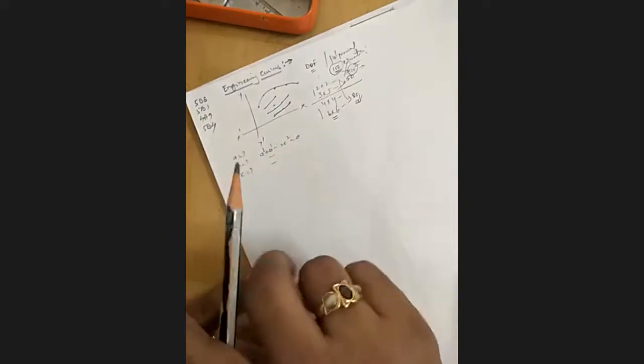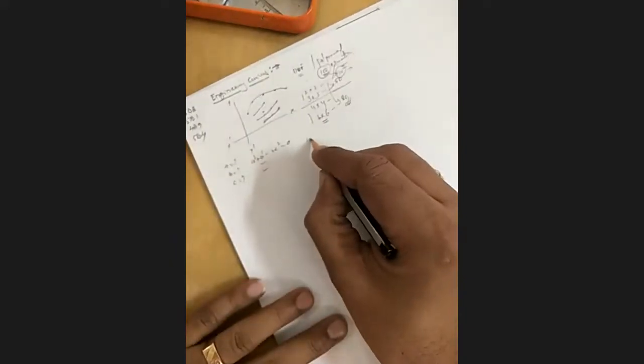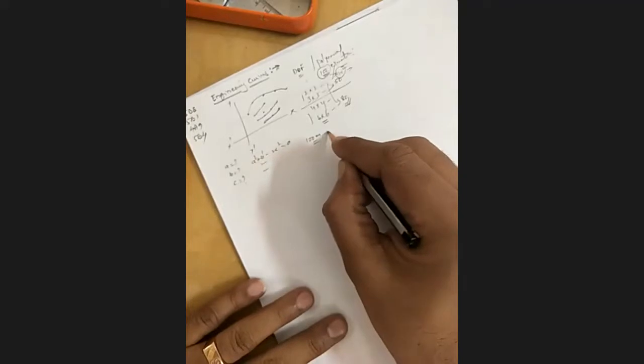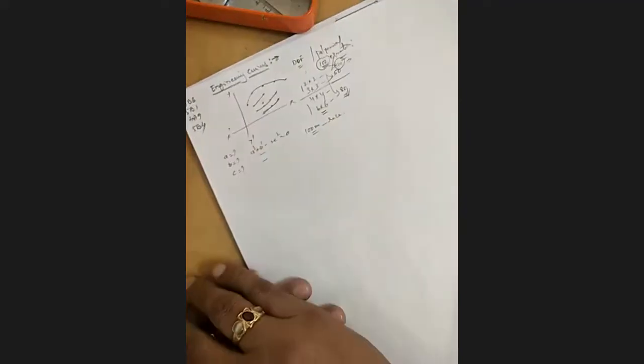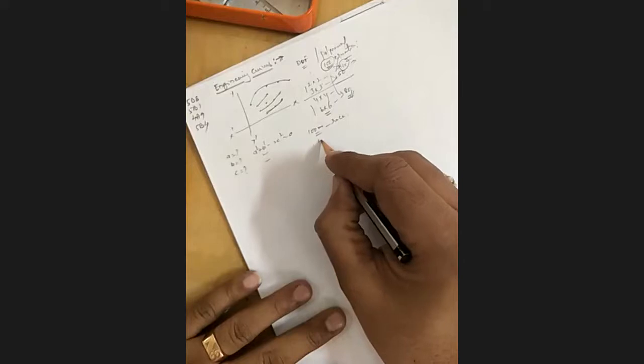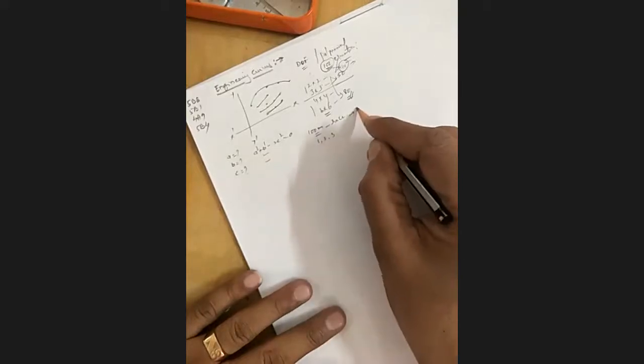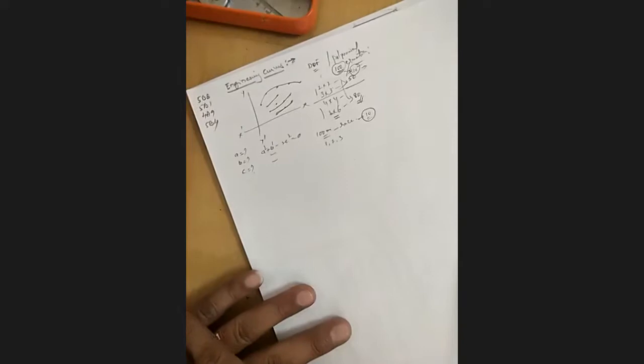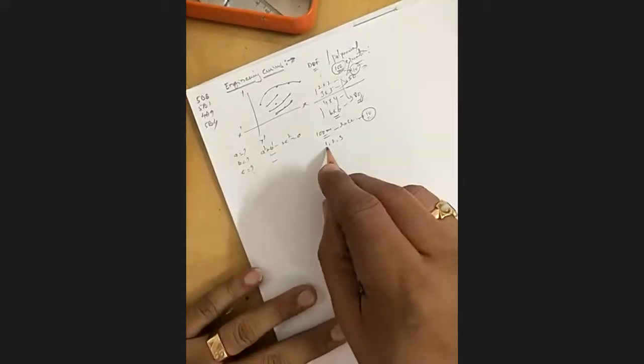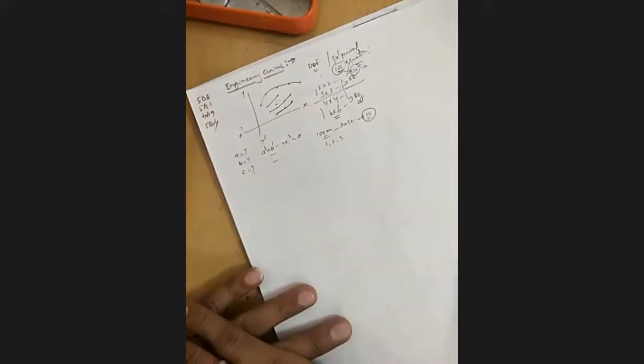Okay, I will give one more example. We will conduct a 100-meter race. I will ask you to find who is first, second, third. There are 10 participants. How will we do it? We will conduct a 100-meter race in our college, and I will ask you to select the winner, runner, runner-up. Who will come first? Based on time.